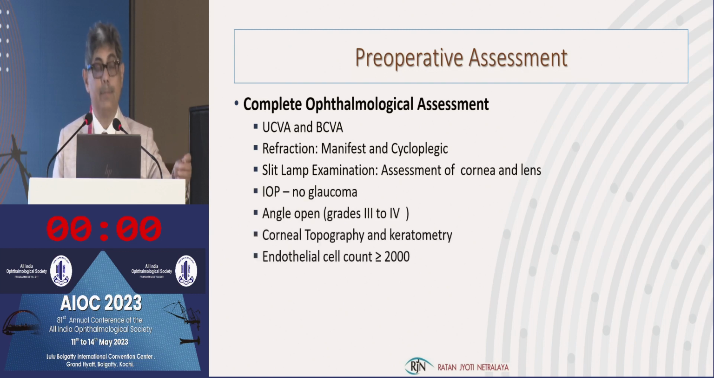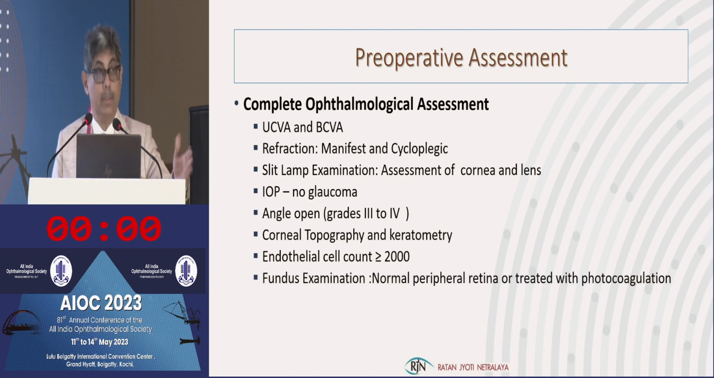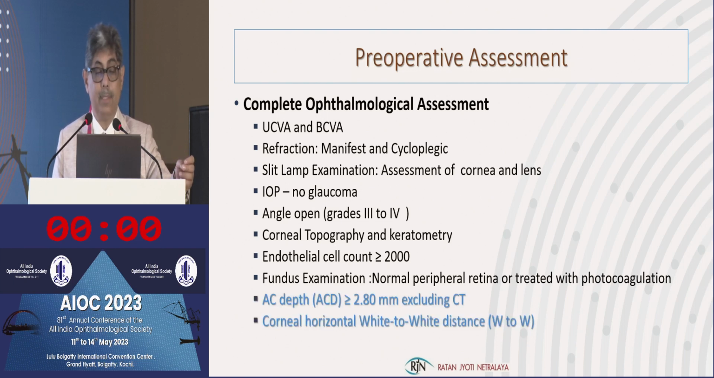Complete ophthalmic assessment is done: uncorrected and best corrected visual acuity, refraction, manifest and cycloplegic, complete slit lamp examination, normal IOP, open angles grade 3 to 4 Shaffer, and corneal topography, keratometry and tomography. In all these cases, endothelial cell count should be more than or equal to 2000, and fundus examination should show a normal peripheral retina, or if there are any lesions, they should be treated beforehand